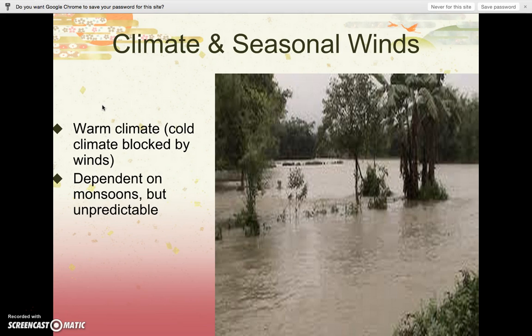So what's interesting is that even though the monsoons could cause a lot of destruction, the people still depended on them. So part of that is because as these rivers are going essentially from very high altitudes to lower altitudes, so they're going from the mountains into the much lower valleys before they dump into the sea. They pick up a lot of sediment along the way. This is called silt. And so when this silt deposits all along the riverbanks, it creates very fertile soil. And it's, again, one of the major reasons why a major civilization cropped up here as early as it did.